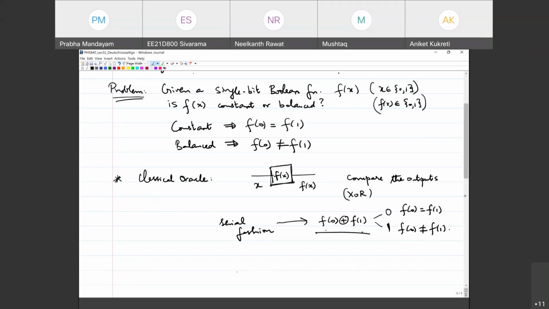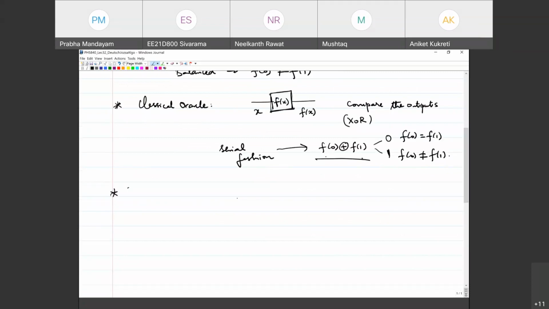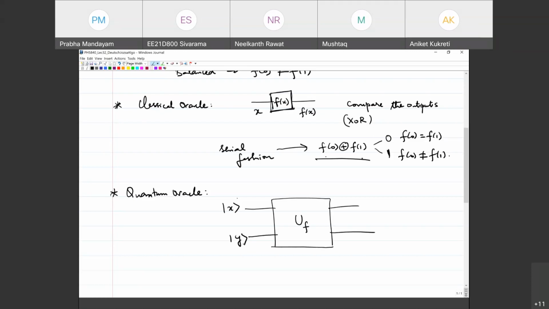So now Deutsch proposed this quantum oracle, right, which is now a unitary operator or a unitary matrix, which depends on f, right? Because it has two inputs and two outputs. It's a 2-qubit unitary, right? This is x, you can say, and this is y. Now that we're talking the language of algorithms, I will say this is the data qubit, okay? Because this is really the qubit which I'm going to use to probe. So this is like the x here, right? This additional qubit is an ancilla qubit,